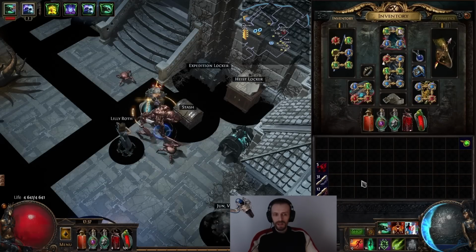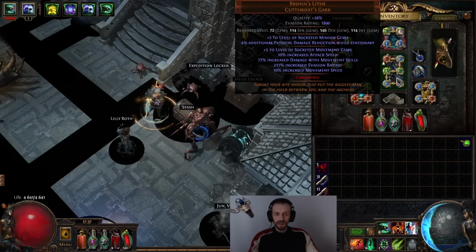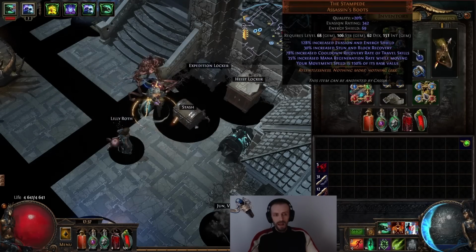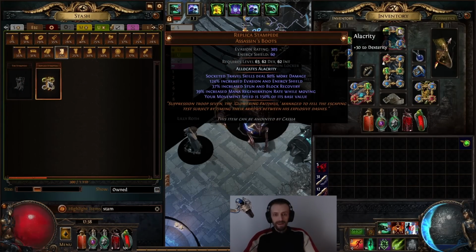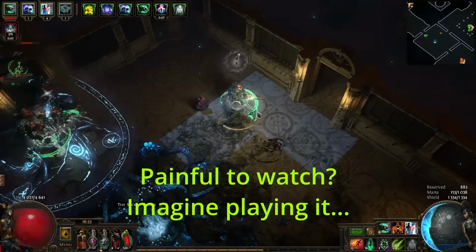It still wouldn't be enough because the Mirror Arrow itself doesn't really get much damage from the levels. So Bronn's Lithe doesn't really give all that much damage, and actually Replica Stampede would give more damage because it gives socketed travel skills 80% more damage, and this also transfers over to the Phantasm if you use it. Like I said, originally I was trying to use Blink Arrow and Mirror Arrow, but another problem is how you